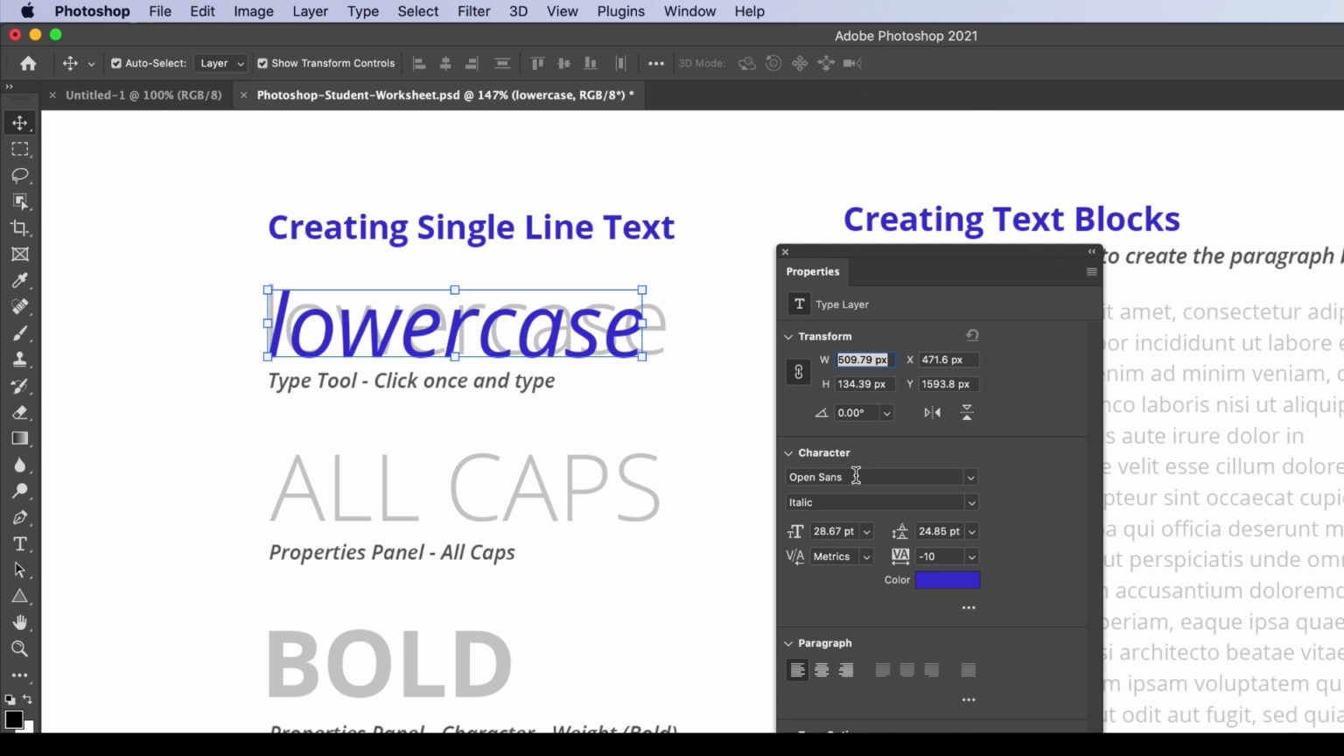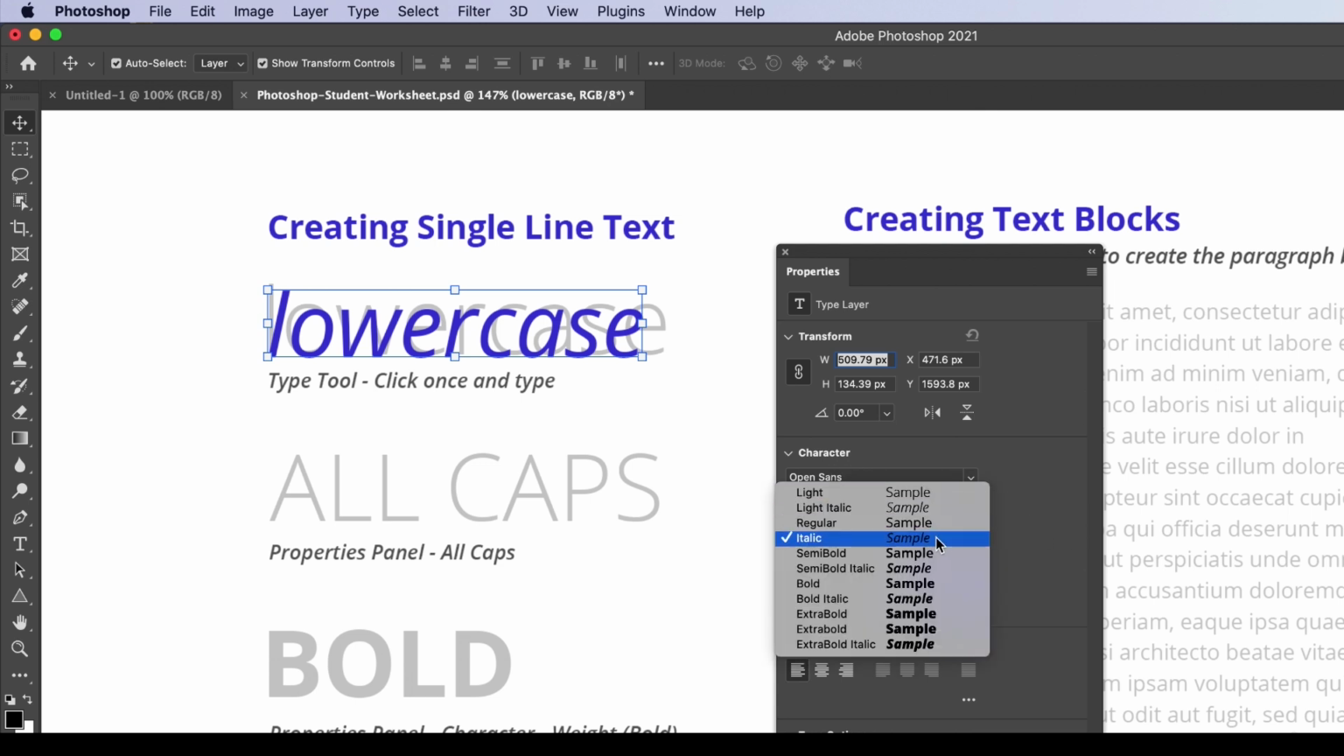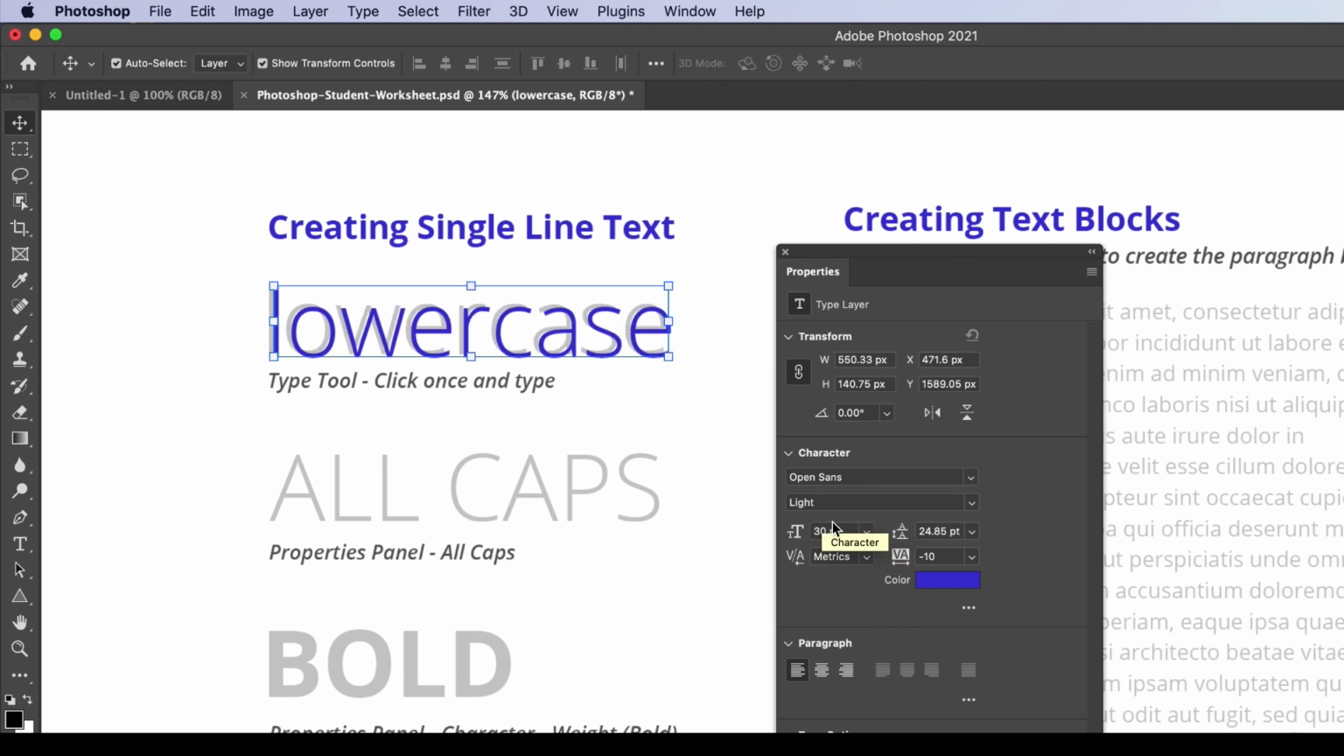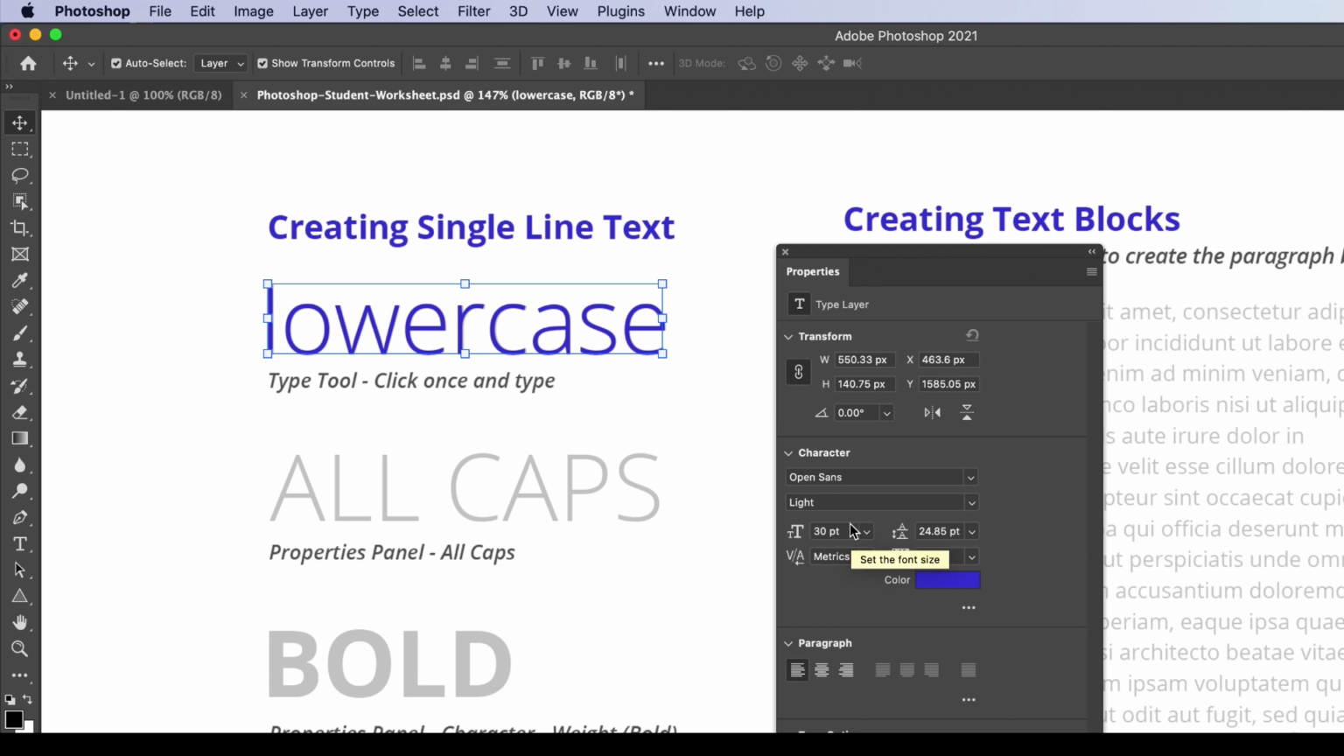So let's go ahead to the character panel, and we can change it. Instead of italic, we can do light. So now it's going to match a little bit better. You can also manually change the size of the typography here. If we wanted to make it bigger, we can type in 30. This is going to be points, the point system. And we can drag it to make it match. So it looks like it's 30 points in size. Pretty simple, just in the character panel, just changing some basic characteristics,